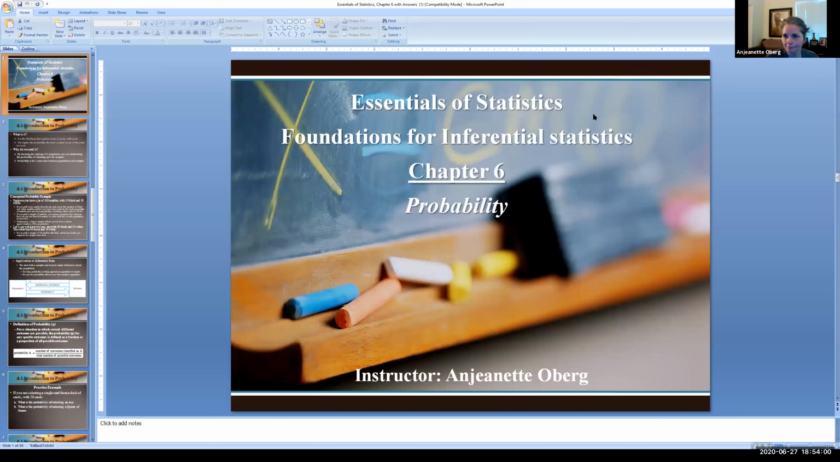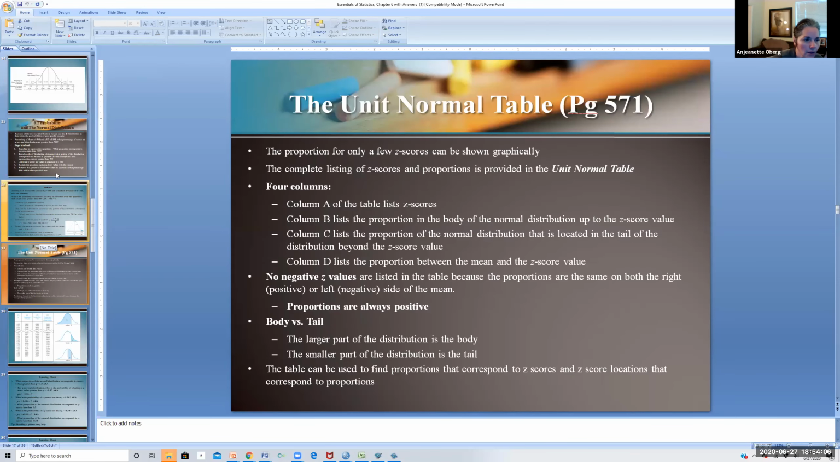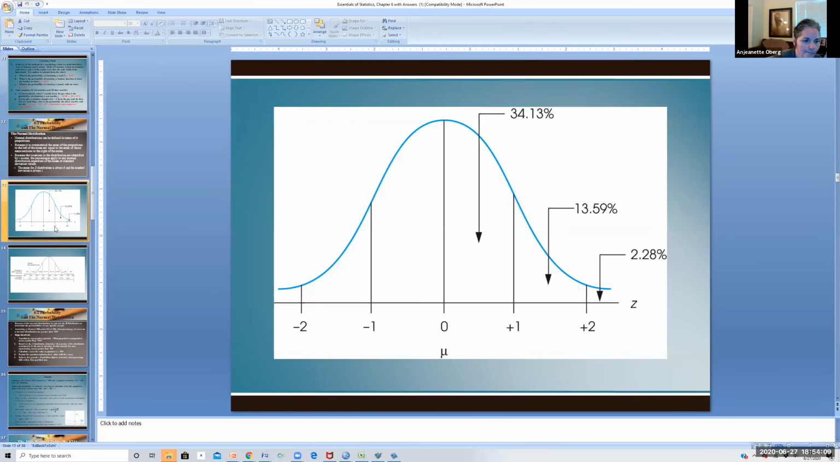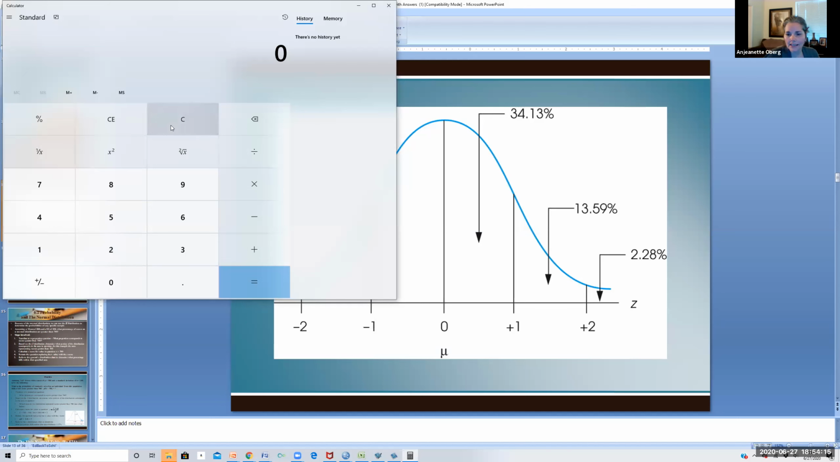If I add those two things together, I need my calculator for that, so give me a second. Hold on, because it's slowing down a little bit. So I'm going to pull up my calculator. And if I add those two things together, that's 34.13% plus 13.59%. So this distance from 0 to 2 represents